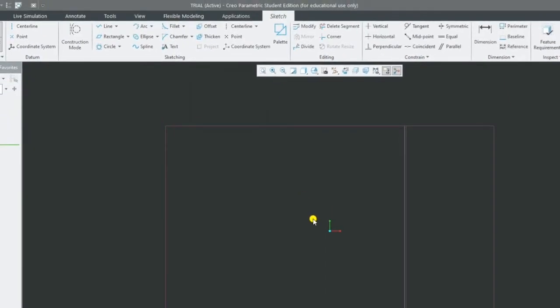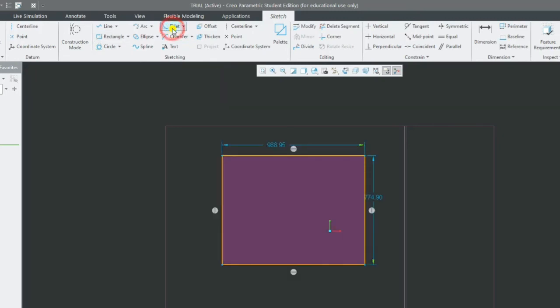Now let us go for the rectangle, because the rectangle has sharp edges, so we can take the corners of the rectangle. Fillet is nothing but, if you see, I want to fillet this corner. I want to make soft, round corners here. So I select fillet, and I select the first line and the second line. By default it will give one radius. So you just double click on this one, and you can change it as per your convenience.